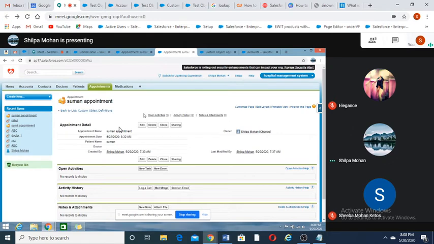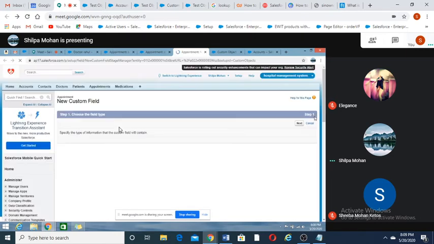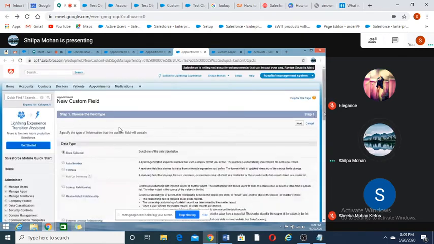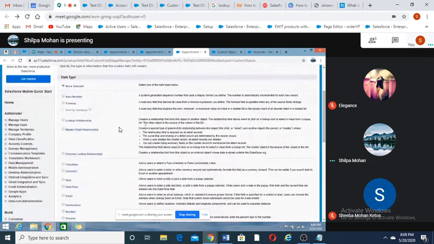So click on the quick access menu, right side, and then click on new, new here, and then select this master detail relationship. You can read this.